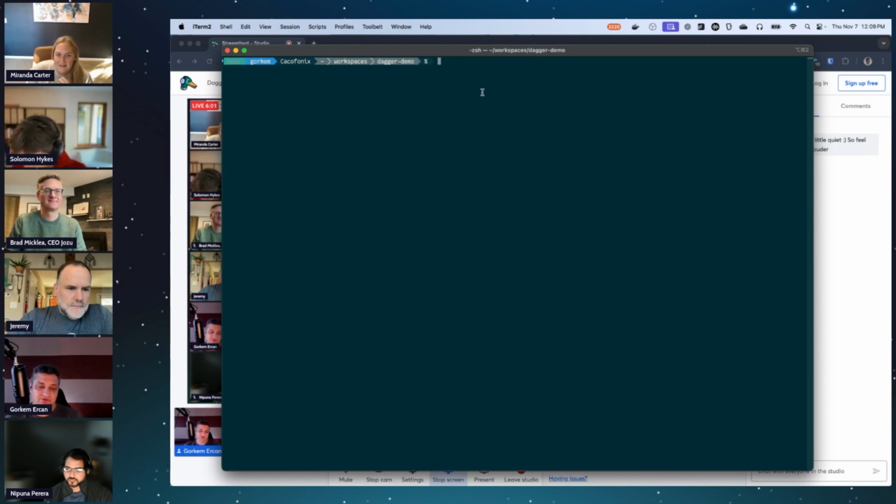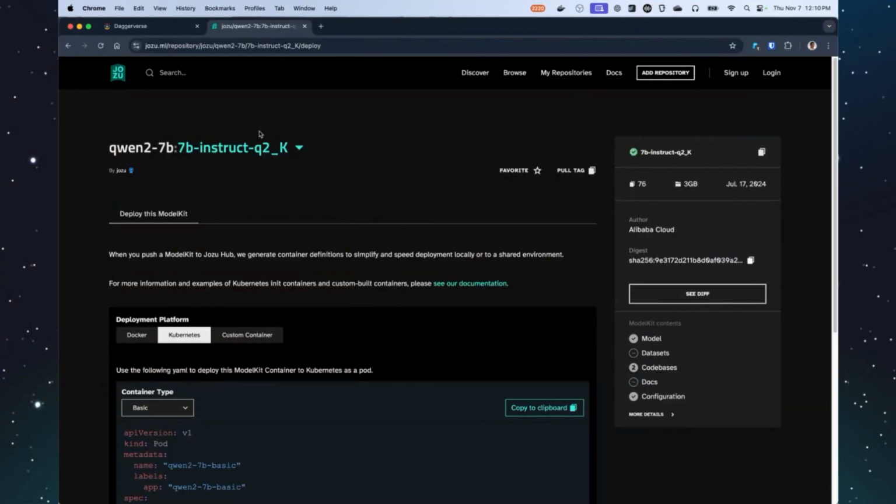A little bit of background on what we do. What we do at Jozu is we provide platform engineering tools for AI and ML. One of the early projects that we have created is KitOps.ml. It's an open source project that essentially introduces an OCI artifact that can be used to package AI and ML artifacts into